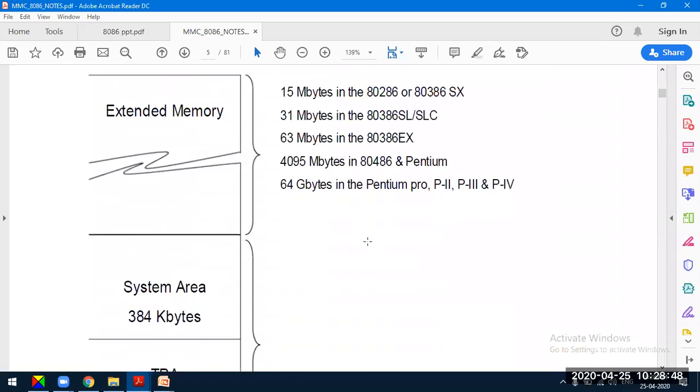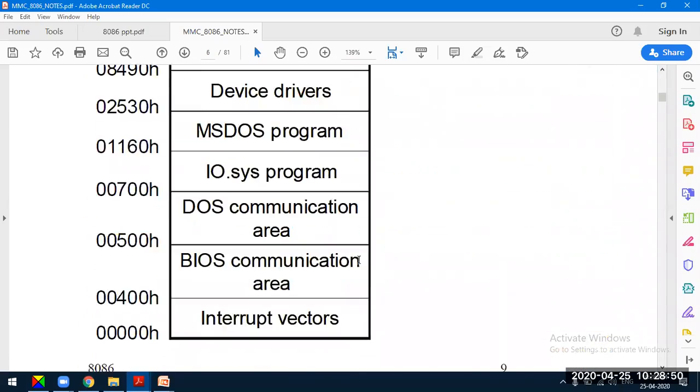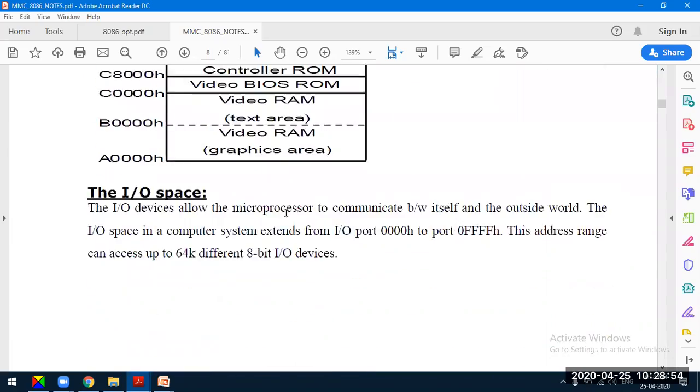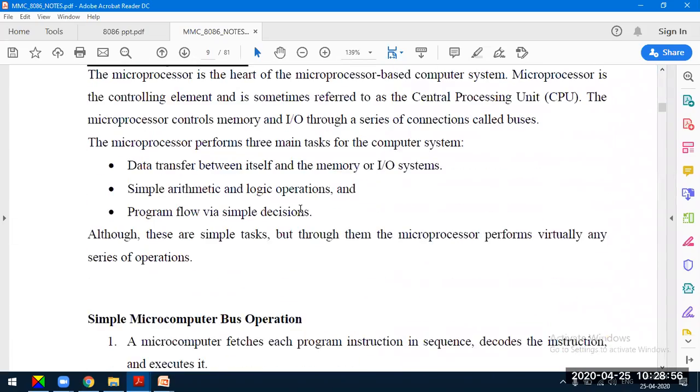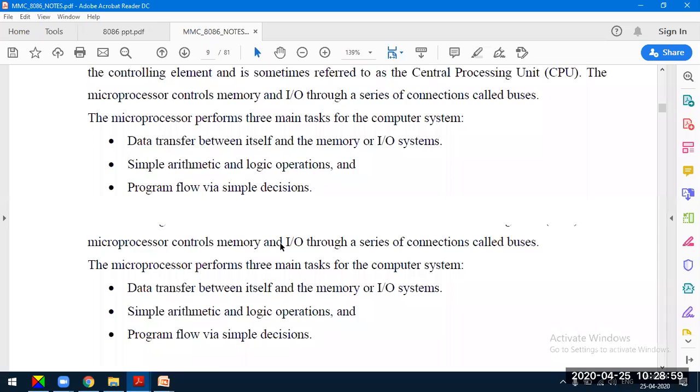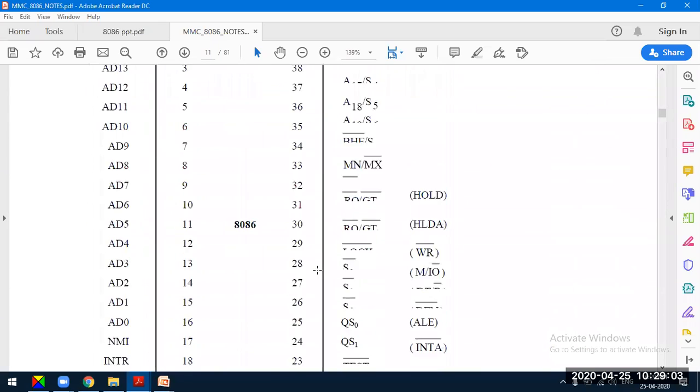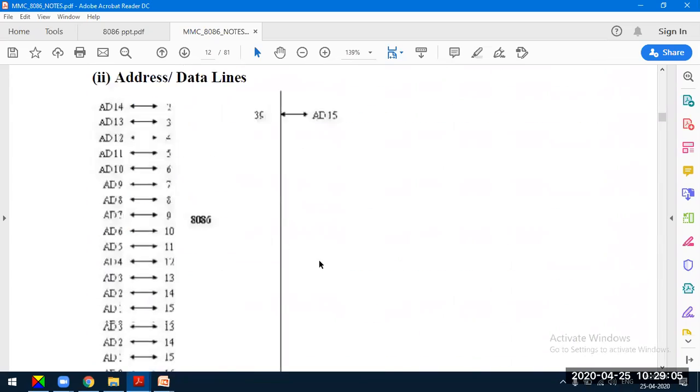I wanted to give a glance at the basic idea of the memory. That's why I discussed this topic. Next, let us look into the 8086 processor. We will start with the architecture of the 8086 processor. We'll discuss it in detail later.